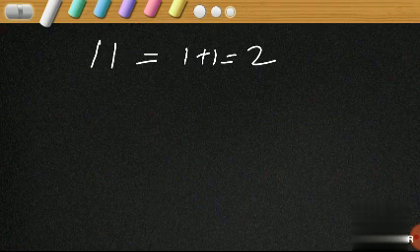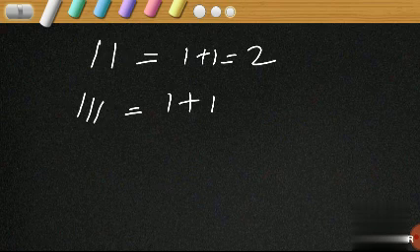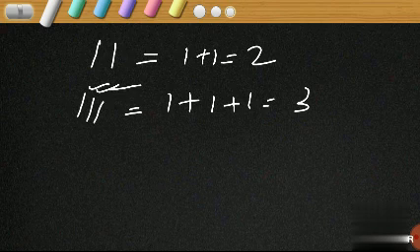That means II. We repeated I twice here. What is the meaning of this? I means 1, that we know, isn't it? I represents 1. So repetition means addition. That means 1 plus 1 equals 2. That is why we denote second standard like this. For III, I is repeated thrice, so I has to be added how many times? Yes, 3 times. Here we have 1, 2, 3 I's.